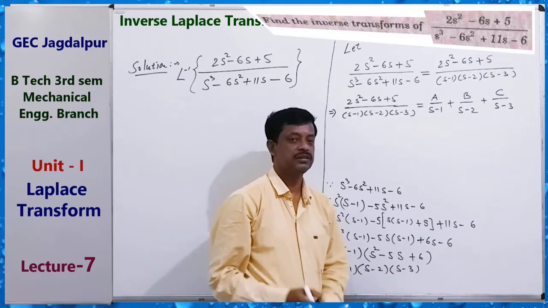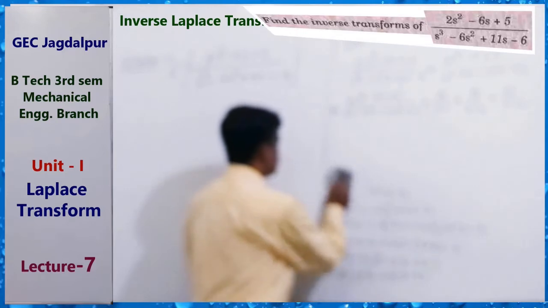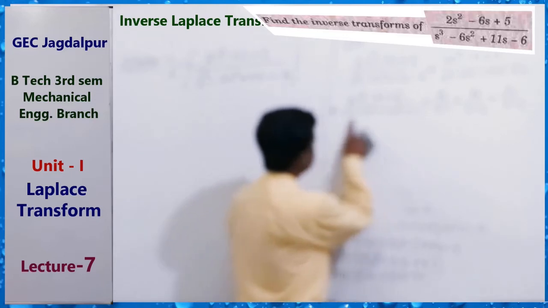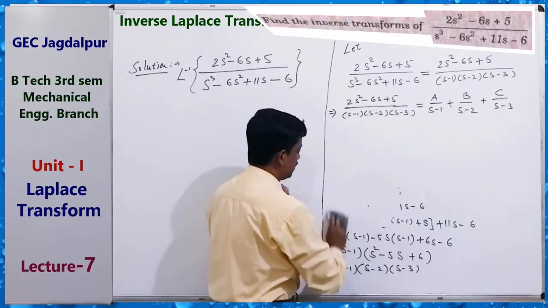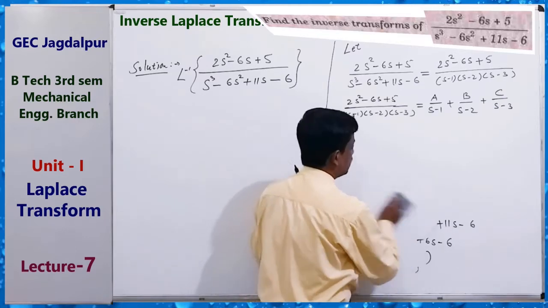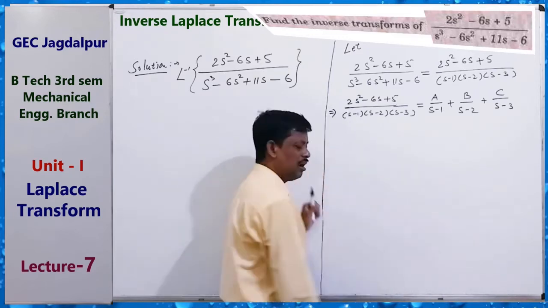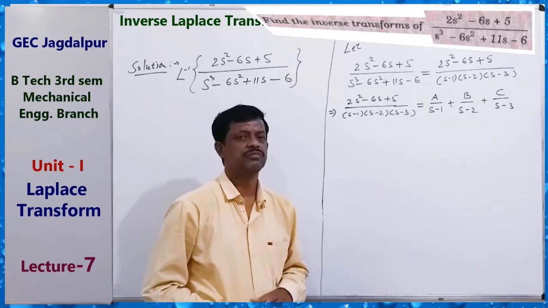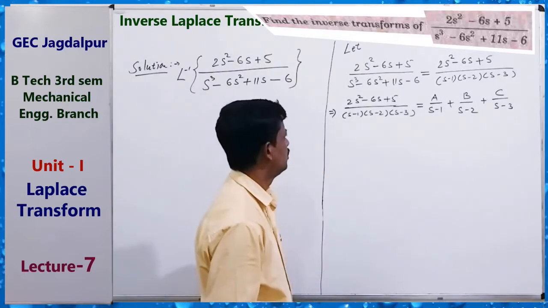Now our target is what? For partial fraction, finding the values of a, b and c. So a, b and c can be found by multiplying the quantity s minus 1, s minus 2, s minus 3 on both sides and then comparing the coefficients of s from both sides. Or there is also a shortcut method; since you are learning this topic from 12th class, you can solve it.